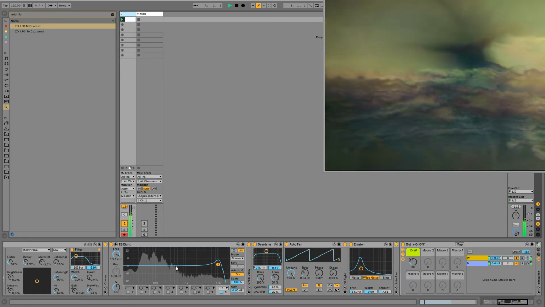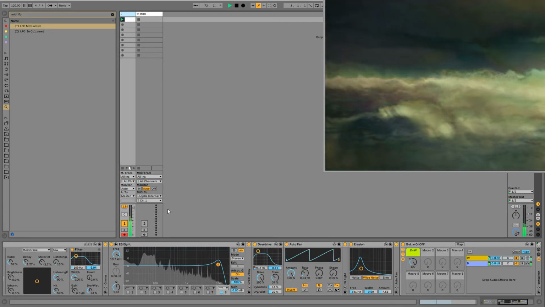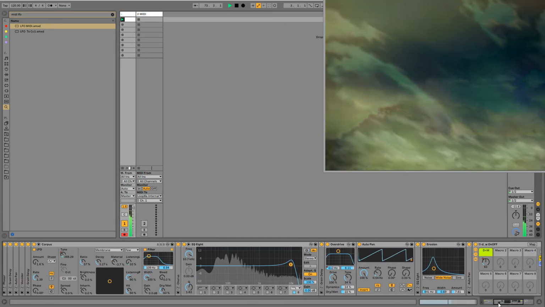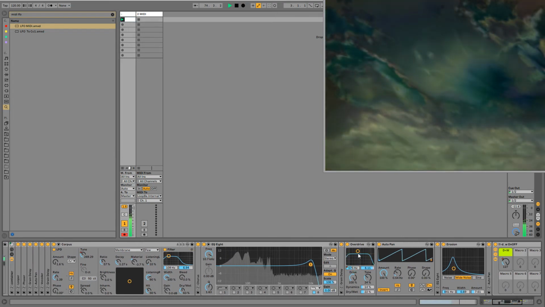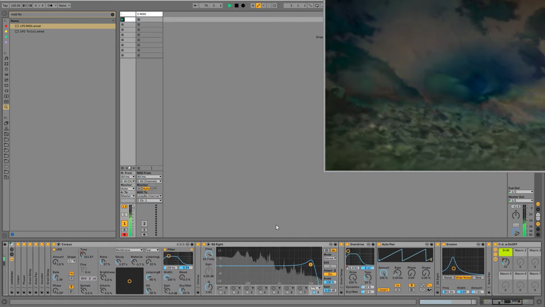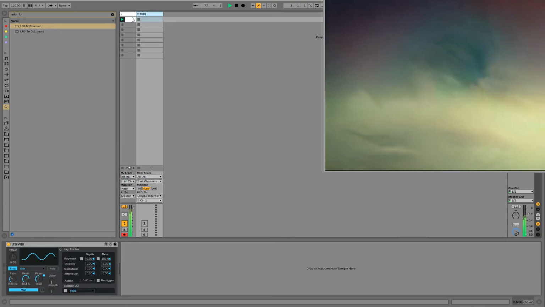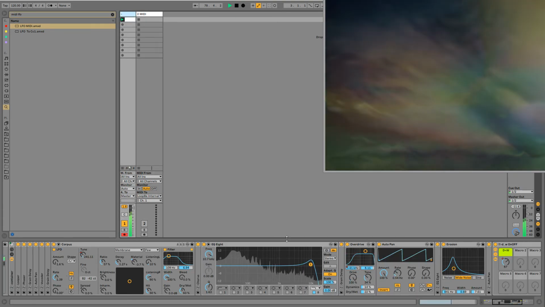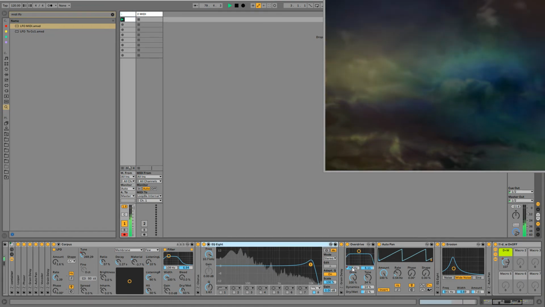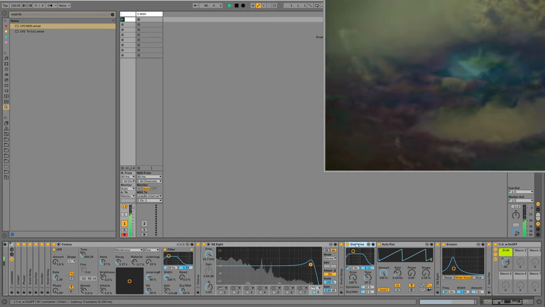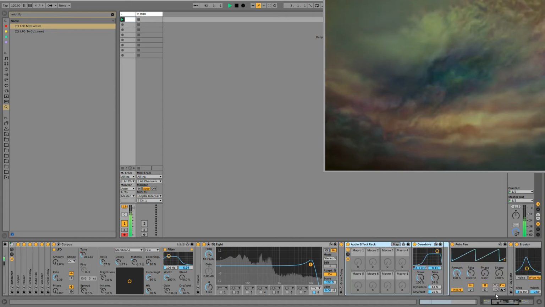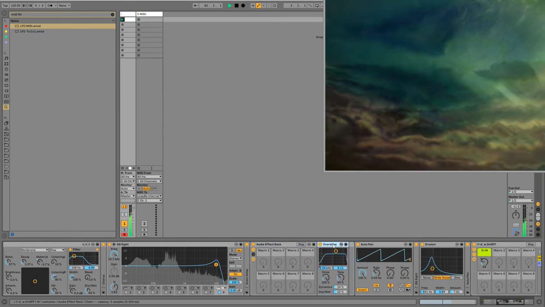I found that the more LFOs I have going on, sometimes I get crashes when loading a project. I've had some really weird issues. I don't think that the Max for Live mapping in mass quantity is very effective. I notice it uses a lot of CPU. I try to stick with automations as much as possible. If we wanted to, we could do some crazy stuff here.